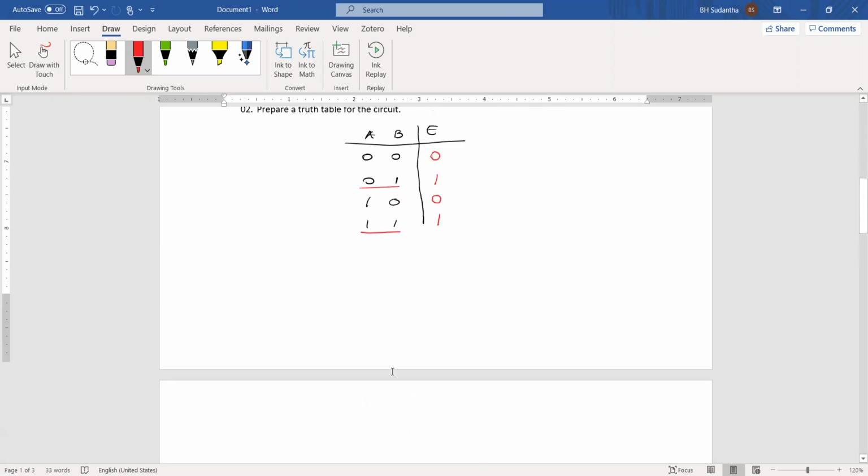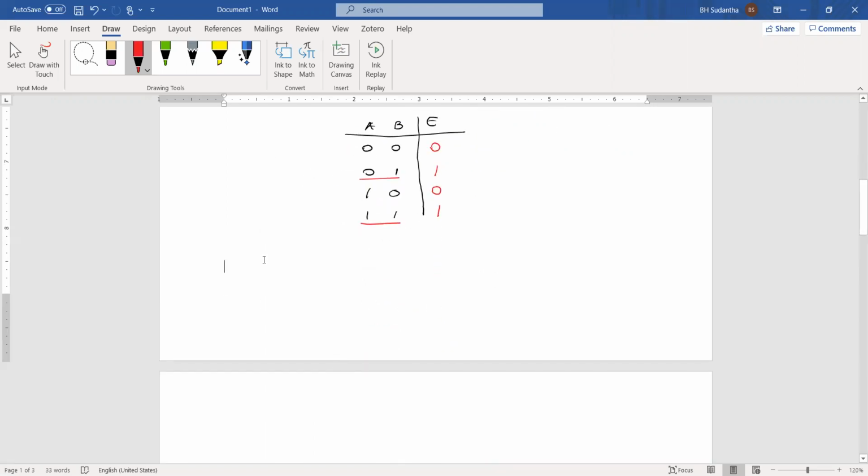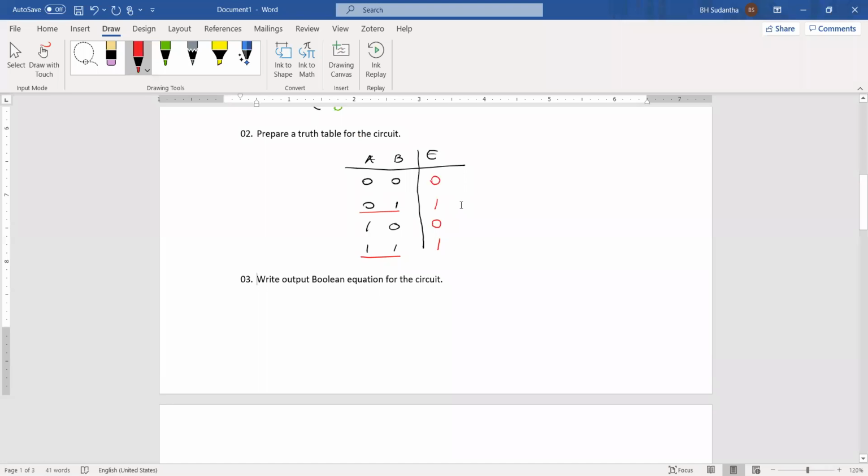Okay. The third step is to write the output Boolean equation for the circuit. Then we have to write the output Boolean equation for the circuit. That is the next thing we have to do. How can we do that part? To do that, what we have to do is convert these ones